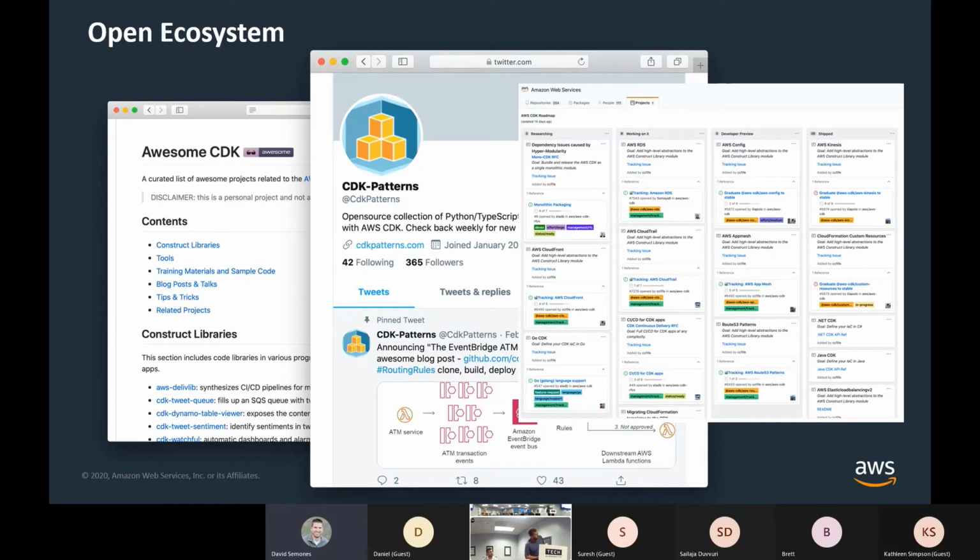And then what's this thing on the right? Sorry, I'll look at that bigger one. It might be an older one. Oh yeah, this is our open roadmap. So there are 2 main parts of supporting CDK that we have to do. One is creating more and better L2 constructs. Another part is making the CLI better, more intuitive, naturally understanding what you want to do. And there's a tension there. Some people want better constructs, some people want a better user experience. So we use this public roadmap to show what we're working on so people know what to expect in the future.